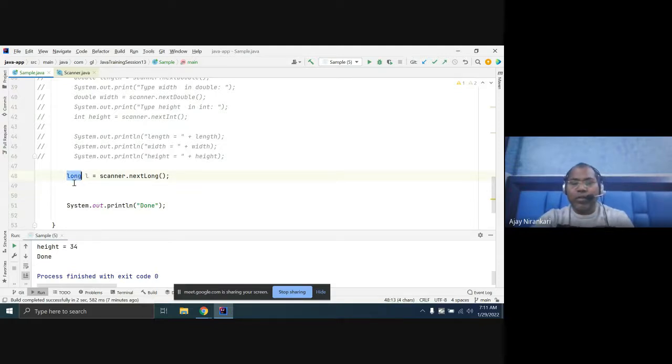Have you just gone through your data types chapter? Maybe they have given all the data types which Java supports. In Java we have number data types, basically primitive int, float, double.